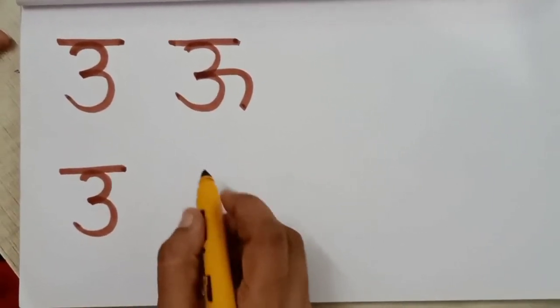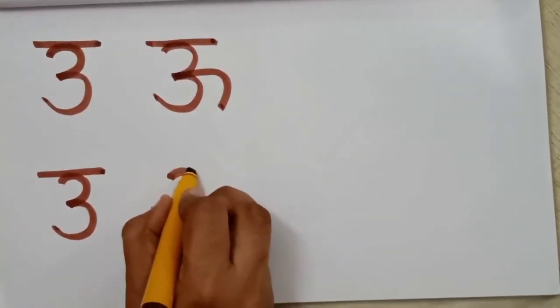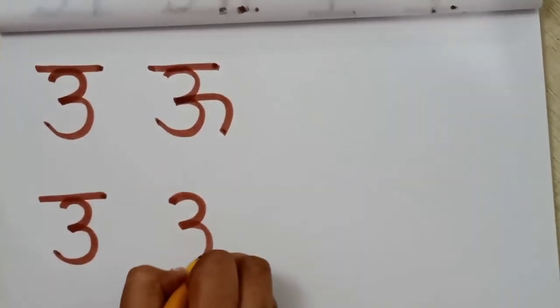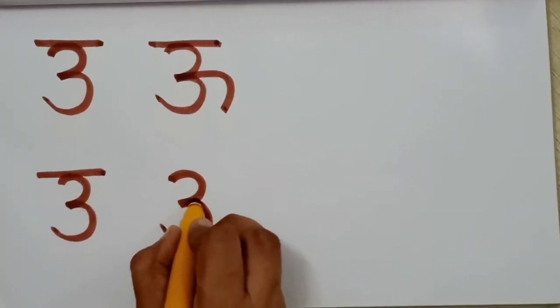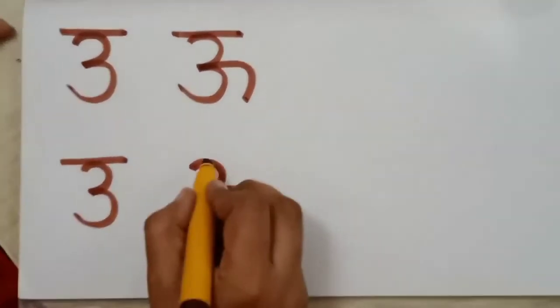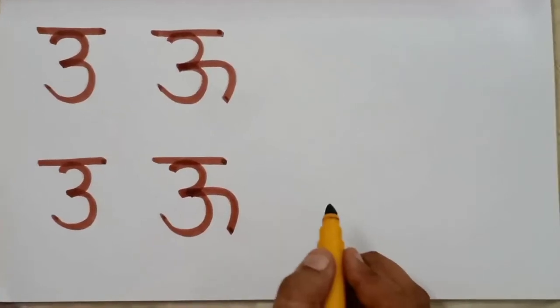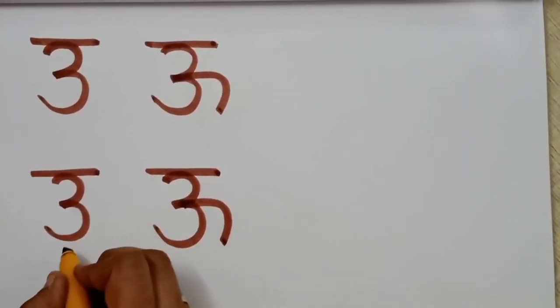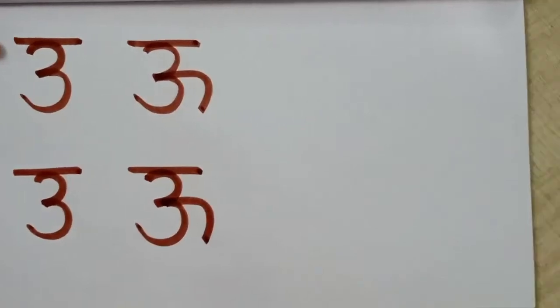Let's see how to write it one more time. Put a curve, or make it like a number 3. Then from the middle, one sleeping line and make it as a curve below that. And then up, one sleeping line. This is letter U. U say oon. U say ullu. And then U say oon.